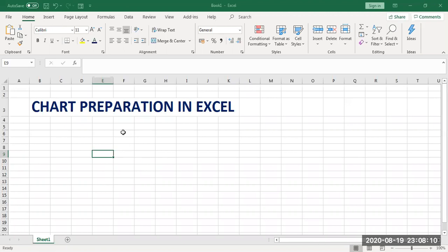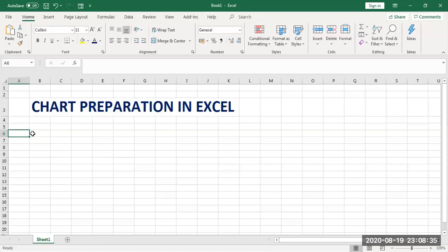In Excel, remember, we can't prepare a ready-made chart. We need to give the data, and based on that we can prepare varieties of charts, like pie chart, graph chart, XY scatter, and many more varieties are available. But your chart will work only based upon the data you mention in your Excel cells.